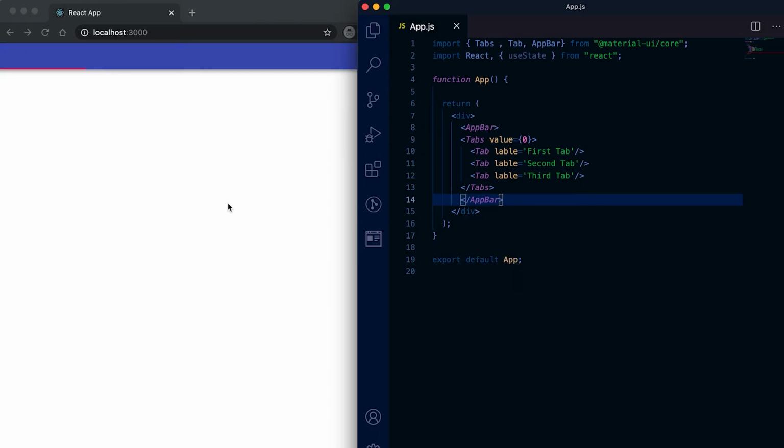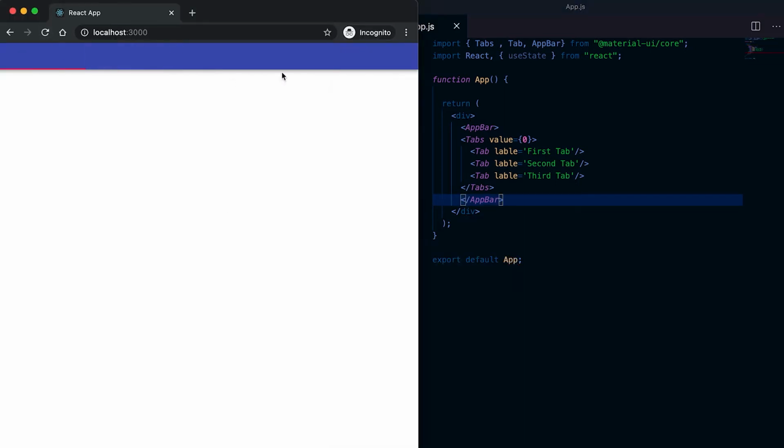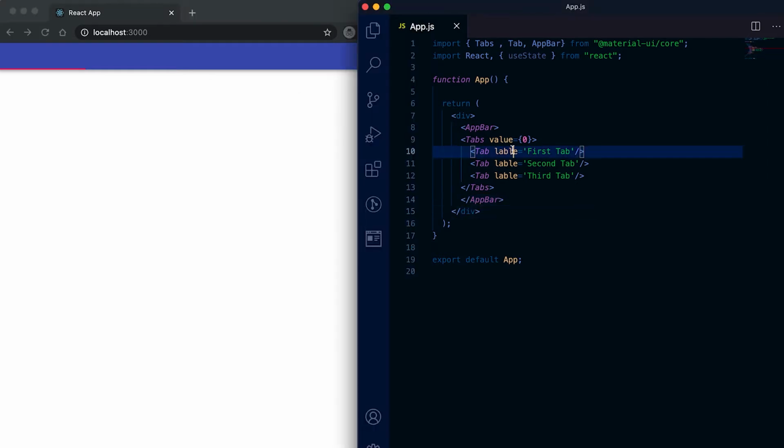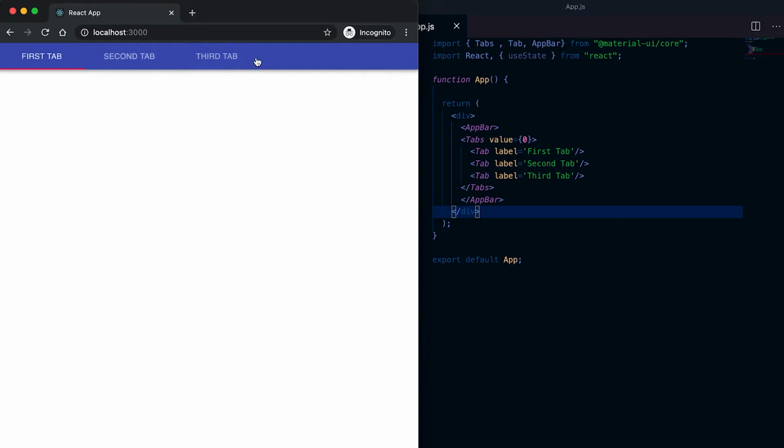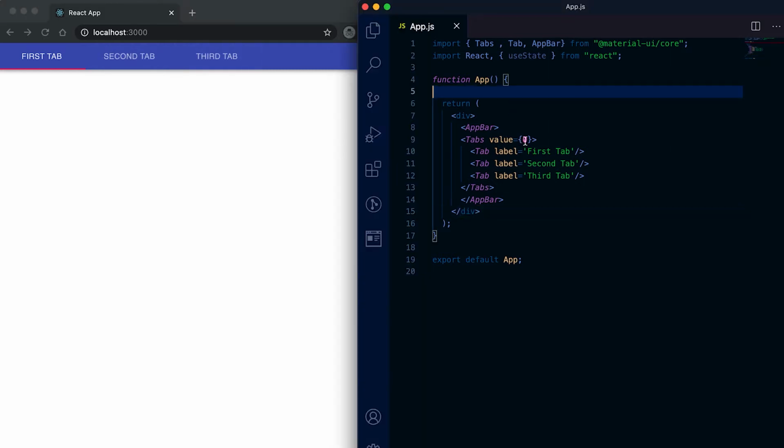So if I save it now, then you can see that these tabs are here. And also I made one typo here for the label, so it's not showing the labels. Now you can see that this is the first tab, second tab and third tab. Clicking on this tab will not work because currently we are setting the value. This is the current selected value. So if I change it to 1, then you can see that this one is selected and other tabs are